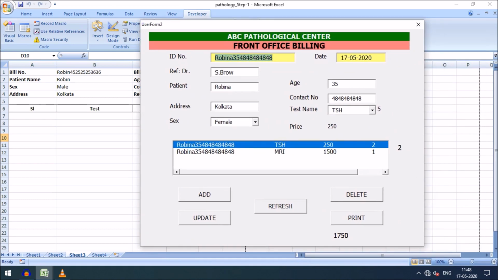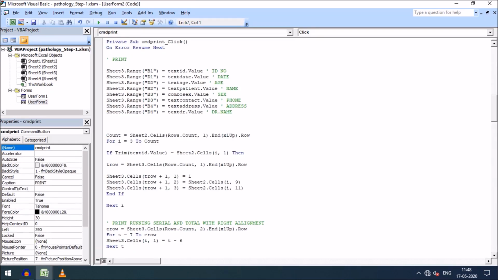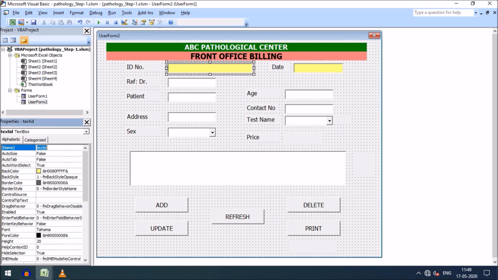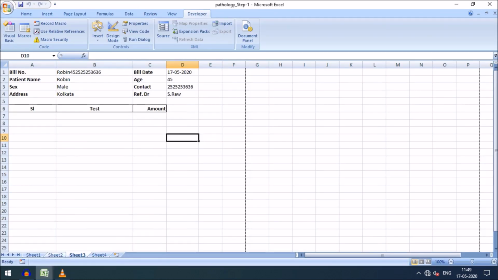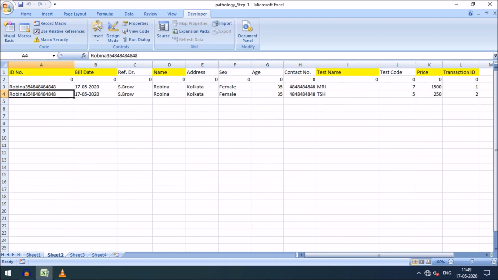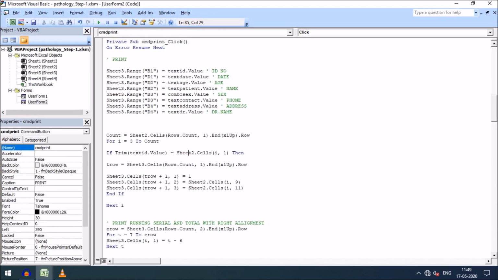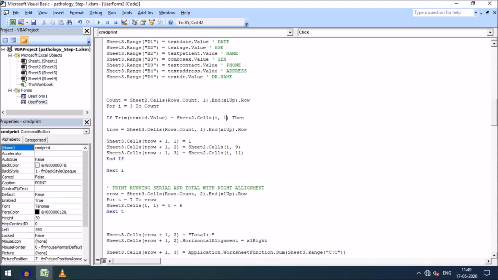So in this section this ID must be matched. Here you can see I wrote: if the text ID, this is the text ID, that means it is the ID of the patient. You can see the name, just click here, you can see the ID of the patient, if it matches with the first column of Sheet 2, where there are the IDs, then